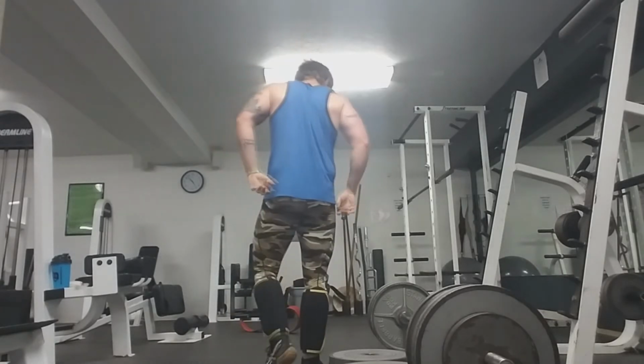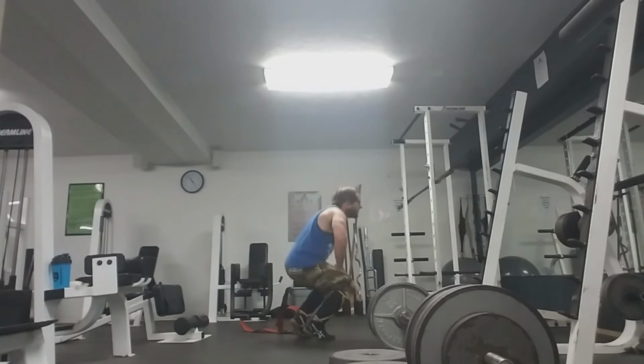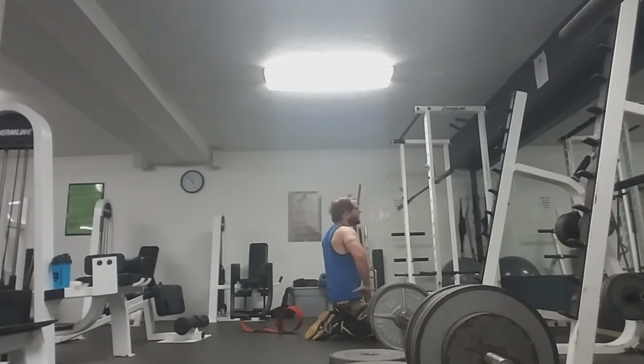And then it was instantly like a shooting pain down my left leg, almost like a sciatic nerve. Basically think of someone stabbing you in the back with a knife. That's what I felt. So, after writhing in pain on the floor for about 9 or 10 minutes, I tried foam rolling. That didn't help, and that probably just made everything worse. I ended up leaving the gym, and I went directly to the hospital,